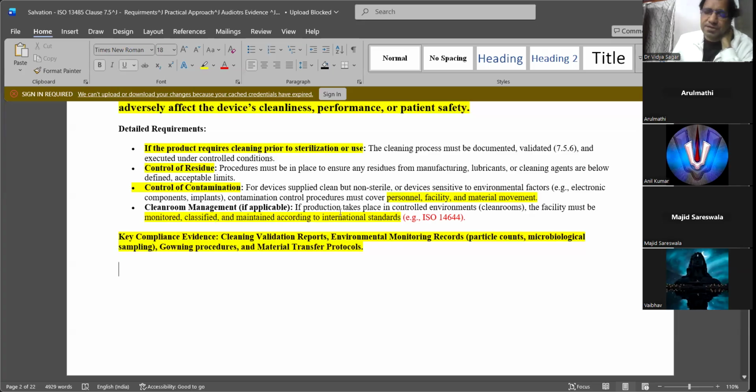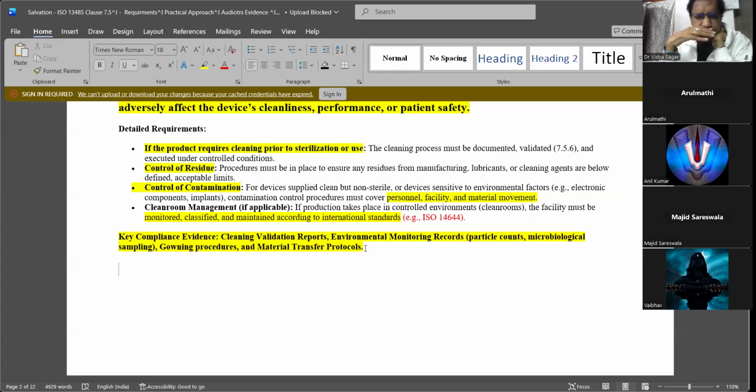It has to be perfectly done. I know a lot of companies with clean rooms do this. Evidence of key compliance: cleaning validation reports, environmental monitoring reports, particle count, microbial count, sampling, clean room grounding procedures, material transfer protocols. Generally, material transfer doesn't happen through the doors.